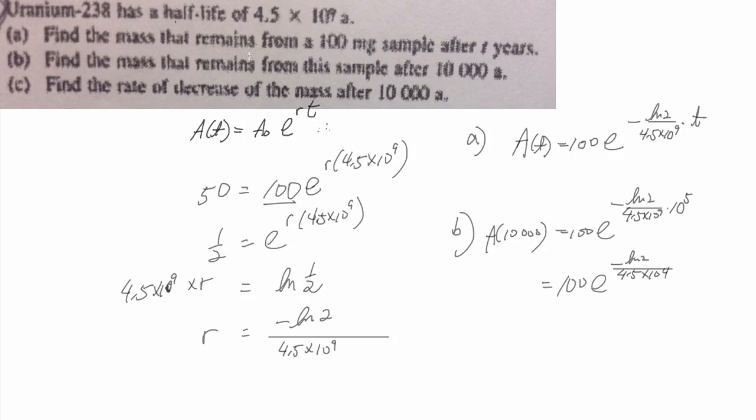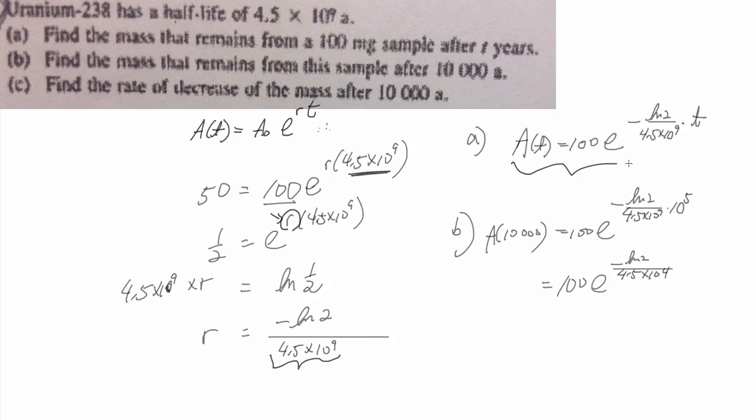Okay, and then what they're telling us is this half-life information. So you have initially 100, and for 100 to go to half of its initial amount, which is 50, takes this long. I divide both sides by 100 to get half, and I'm trying to solve for this r. Then I take the ln of both sides, and I get this exponent is equal to the ln of half. So r must be ln of half divided by 4.5 times 10 to the power of 9. But ln of half is the same as minus ln of 2. Once I have this value of r,